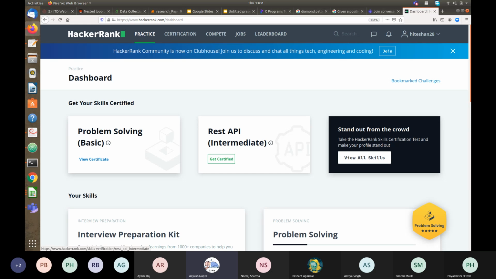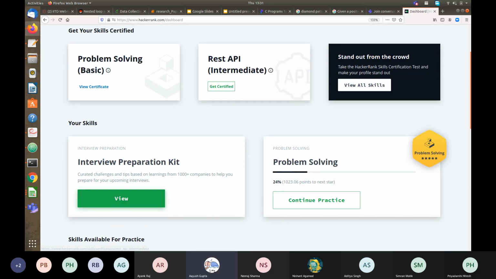Everyone, make your account on this HackerRank. If you have started with normal questions, although you don't know arrays till now,